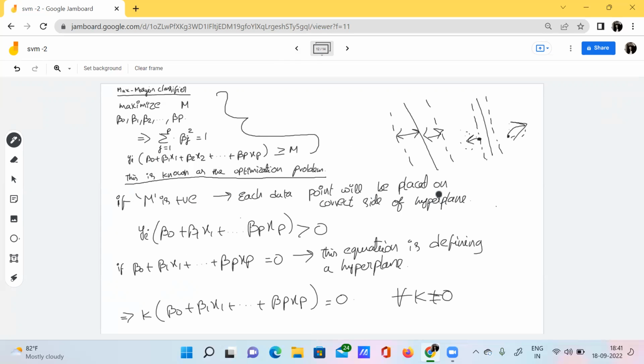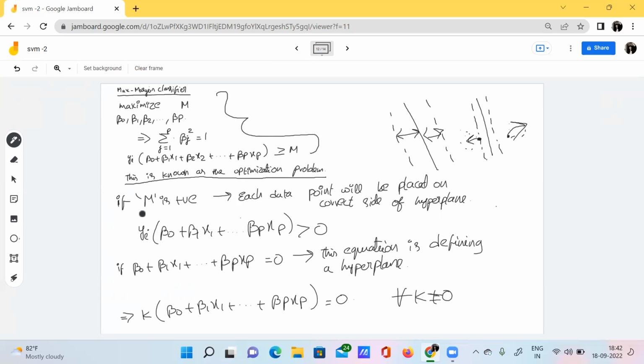We can proudly say that no data point has been misplaced or misclassified, if M is positive. If M is negative, we can't be sure, there may be some misclassification. We don't know.